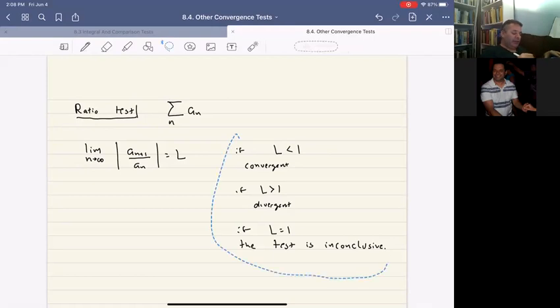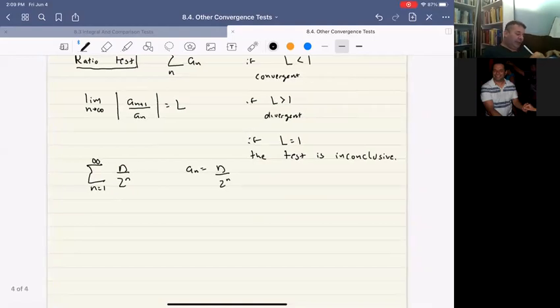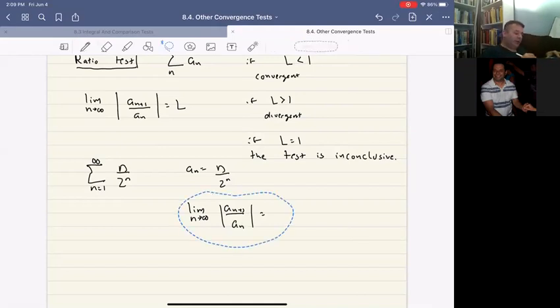So let's take a look at an example. Let's take the sum, n goes from 1 to infinity, n over 2 to the n. So our a sub n is n over 2 to the n. We're going to take the limit as n goes to infinity of a sub n plus 1 over a sub n. That equals